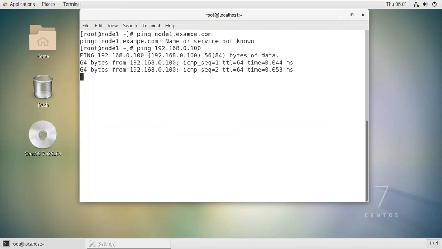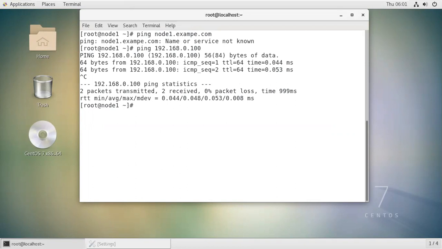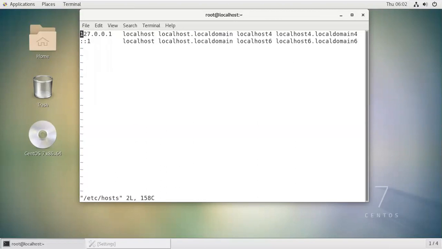With IP address I'm able to ping. With host name I am not able to. So for that we have to provide host name to IP address resolution in this file. In this file we have to give it, that is